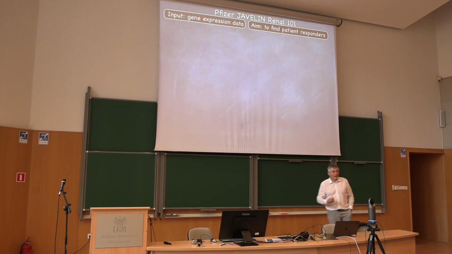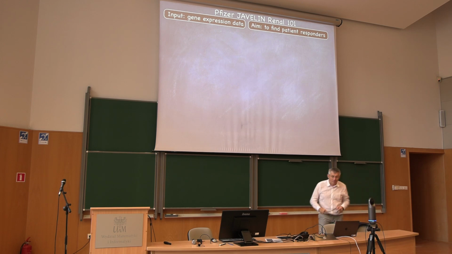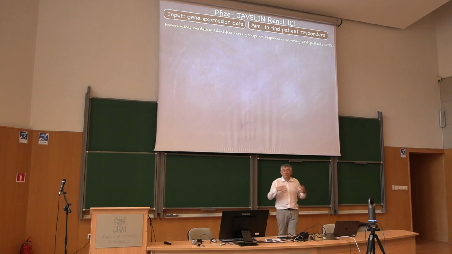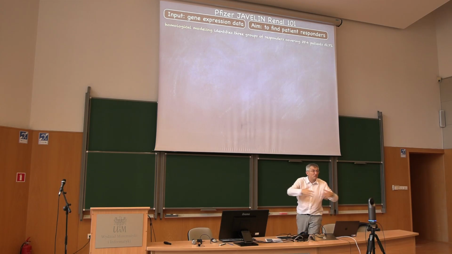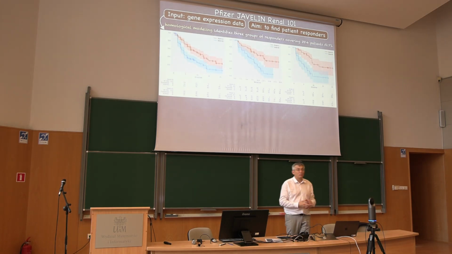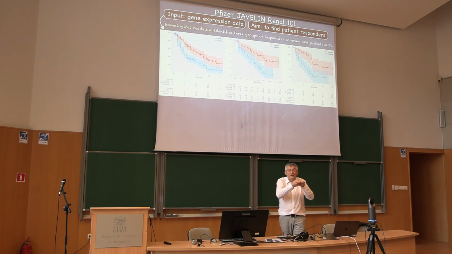So if you can do that, then you take a biopsy from a new patient and you see whether that new expression fits with your prediction or not. Okay? So we used this homological modeling. We transformed this data into functions, and we explored the geometry of these functions, and we noticed that there are three groups of patients, entirely determined by the geometry of the space of these expression vectors.